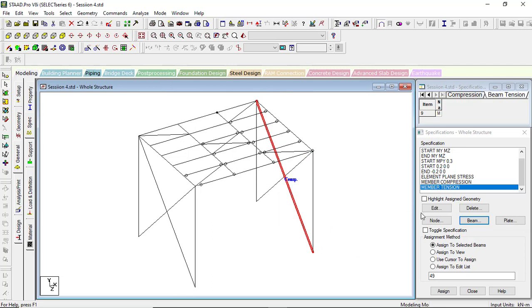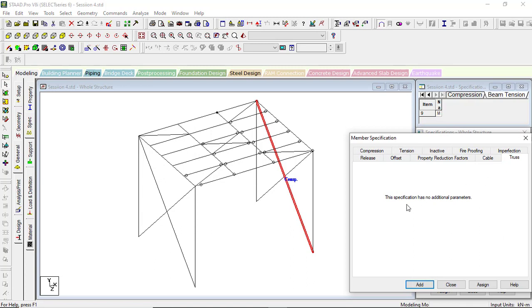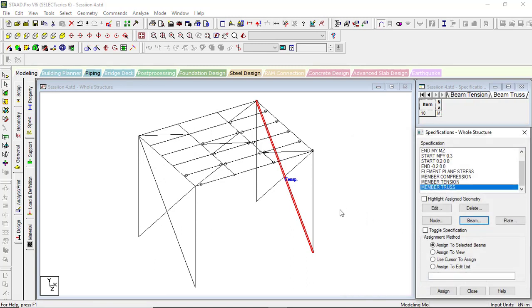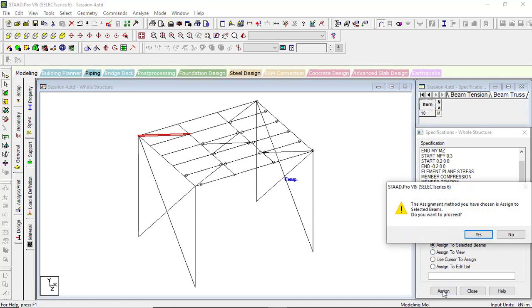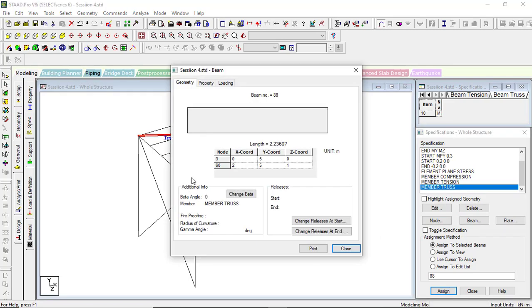Right, next let us see the meaning of truss. This specification has no additional parameters, so click on add, and suppose I want to add this as a truss member, select this member and assign to selected beams. Click on assign. Yes, so you can see here the truss member has been assigned, and if you want to verify it, double click on that, and you can find the member property as truss.